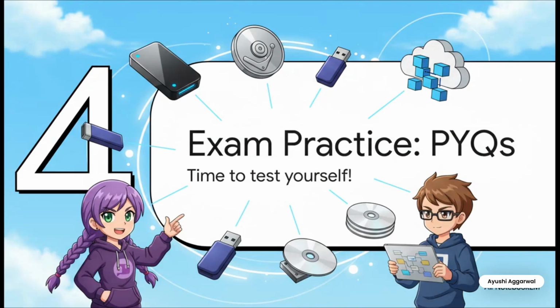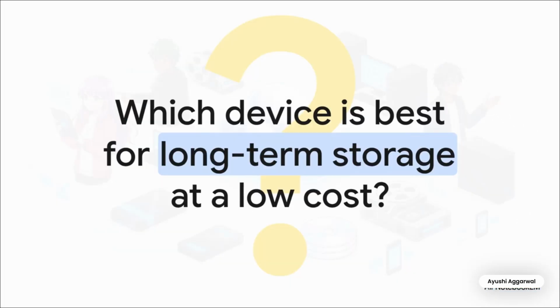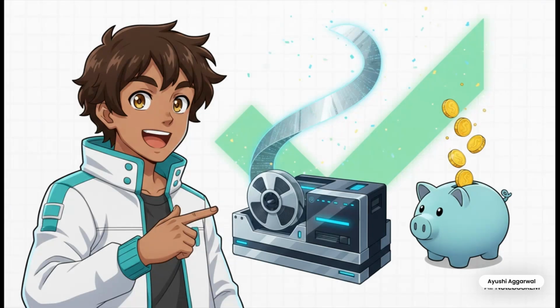All right, you've learned the concepts. Now it's time to test that knowledge with some previous year's questions. Let's see how closely you were paying attention. First question: which device is best suited for long-term storage at a low cost? Your options are A, SSD, B, tape drive, C, USB drive, or D, DVD. Try to remember that chart about capacity and cost. And the correct answer is B, tape drive, because it offers very high capacity at a very low per gigabyte cost, making it the best for long-term